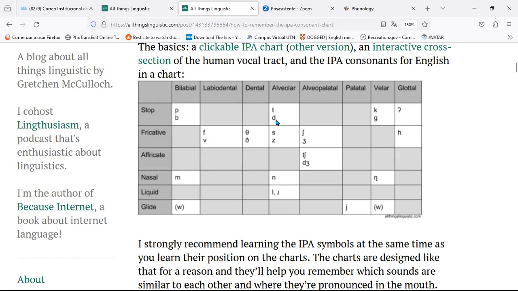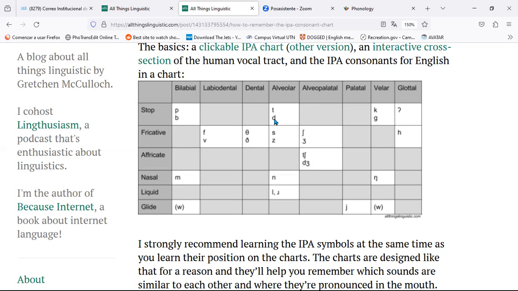What happens is that the D has a pair that is almost exactly like itself, and the only difference is that this one is voiced and this one is voiceless. So we are going to be able to switch the past tense from sounding D to T. So let's say in that word that I said, trace,